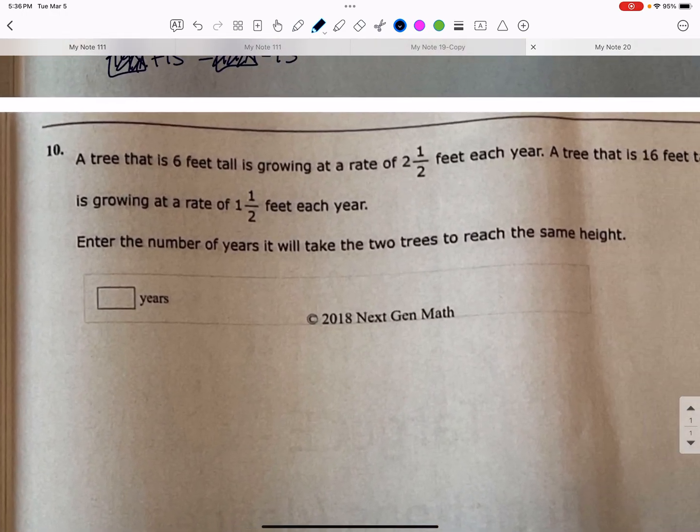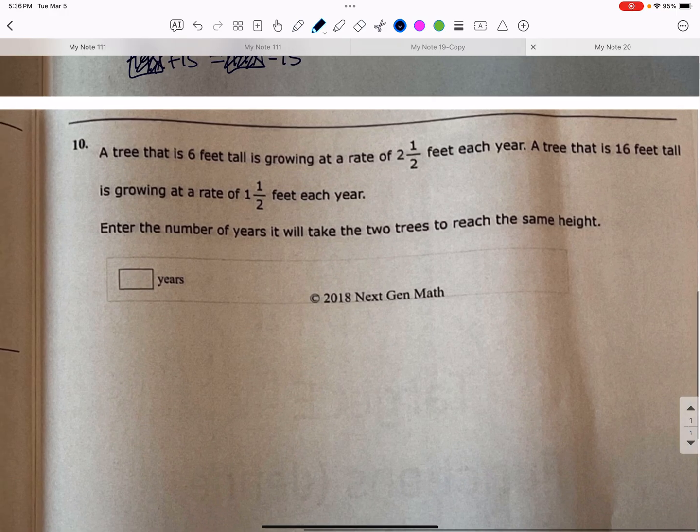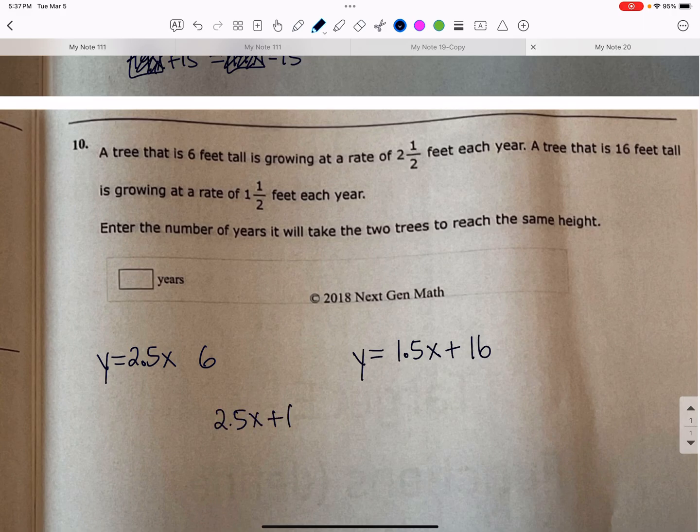And finally, number 10. Okay, let's see. A tree that is 6 feet tall is growing at a rate of 2.5 feet per year. So it's 6 feet right now, so it starts at 6, and it grows 2.5 feet every year. All right. A tree that is 16 feet tall, so it starts at 16, and it grows only 1.5 feet every year, 1.5. All right, when will they be the same? When does 2.5x plus 6